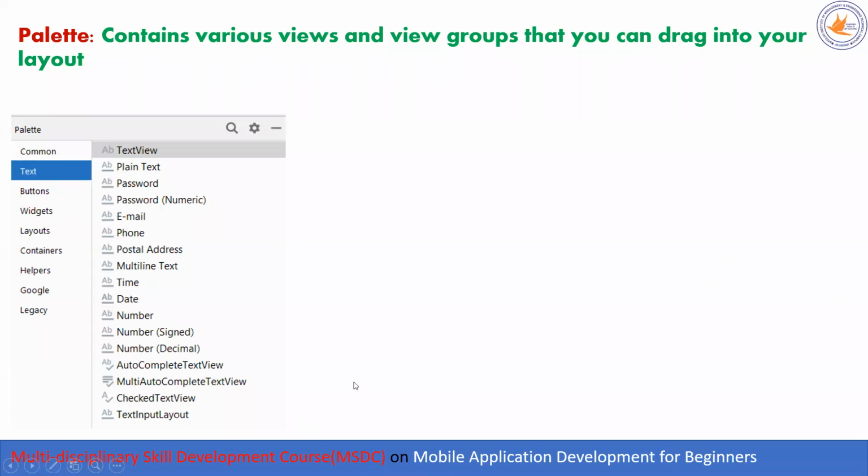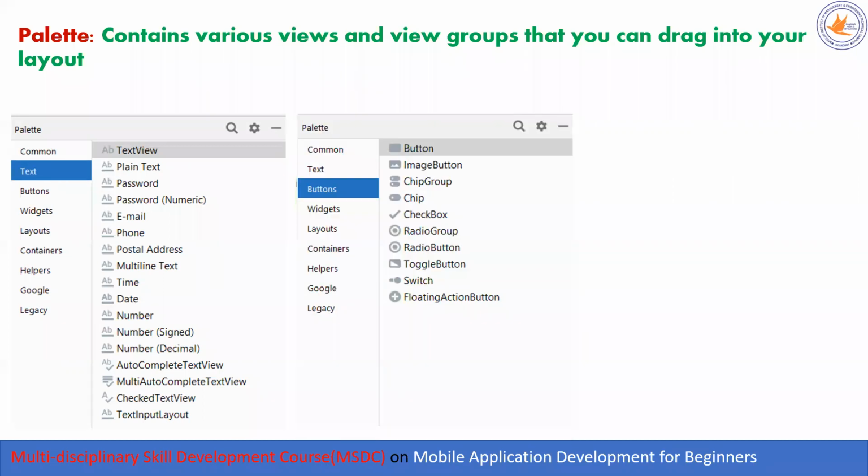So here we have a list of such options available in the palette. Android provides us with a number of input types. The best part of this is that, especially in web development, you have to put a number of constraints on a particular control. But here, all these constraints are predefined. For example, if you go for email, automatically it will check for all the constraints which can be there on email. I need not configure any constraints for this.